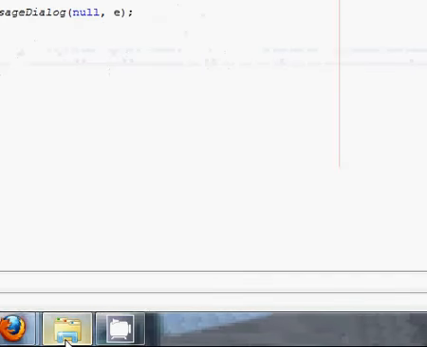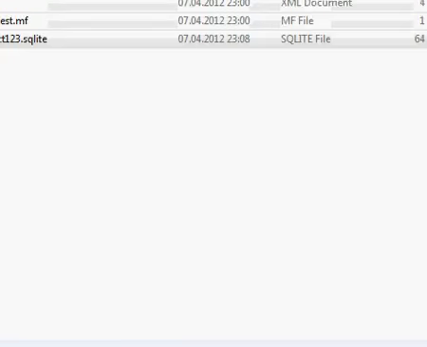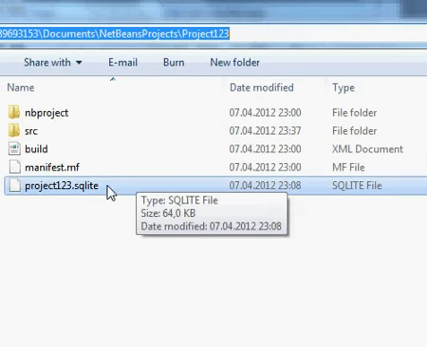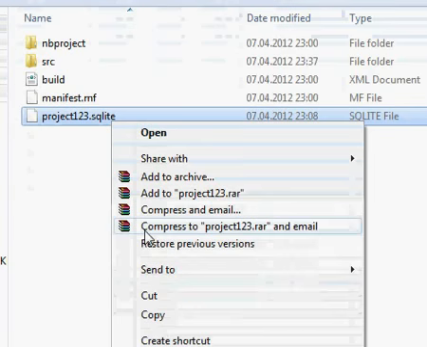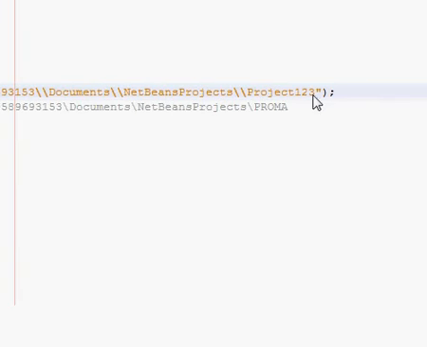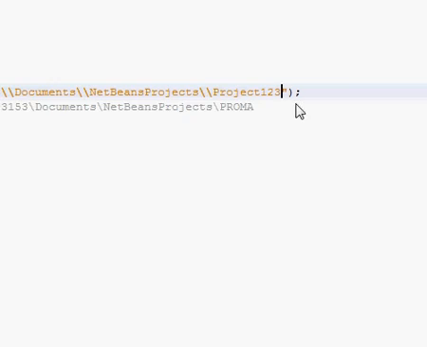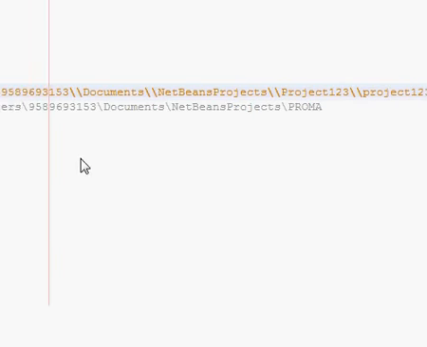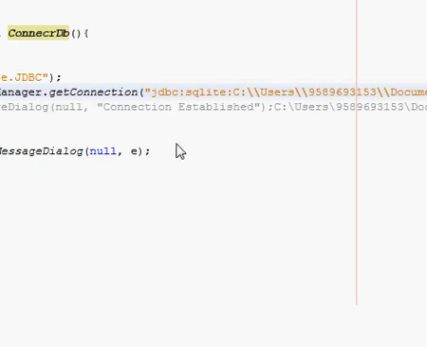This is the path you have pasted, and then just copy the name and after this paste the name dot sqlite. So we are connected to our